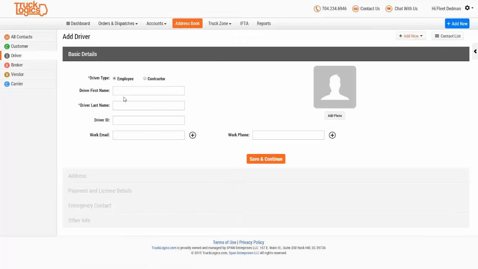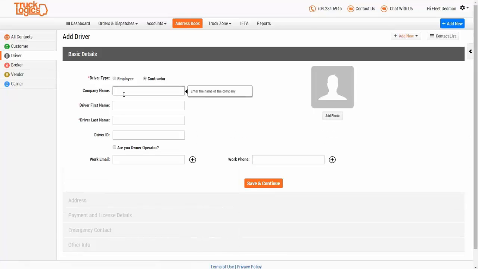Now there are 2 types of drivers, of course. There's an employee, which is your W-2 employees, and a contractor. Just for training's sake, we have the option for an employee, but TruckLogics does not offer a W-2 option at the moment, so it's just for your reference right now. We are working on adding W-2 employee management and the payroll options for those guys, but for now just 1099 contractors. So you can add the company name, the driver's first name, let's say John